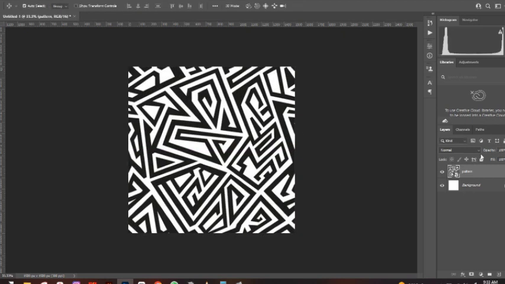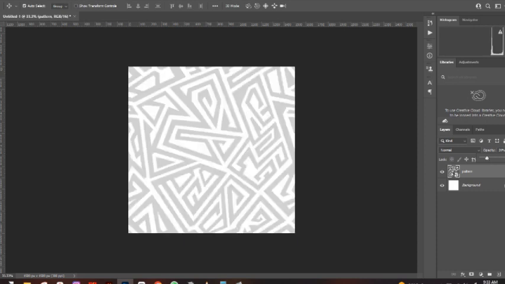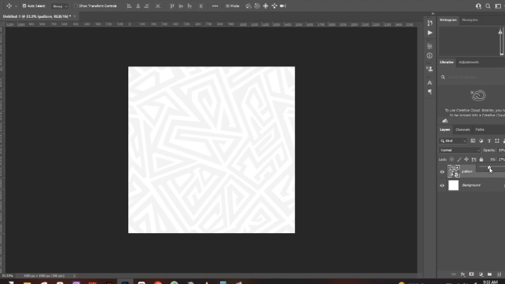So the next thing you want to do is reduce the brightness of the picture. Just go to the top of your layer there and click on the opacity and reduce the opacity to whatever looks good to you. Okay, and then once that is done, you